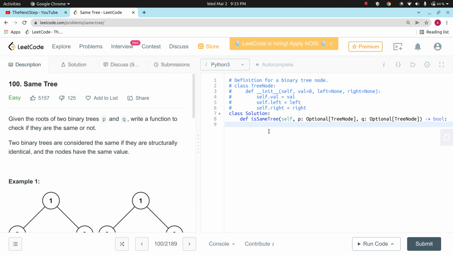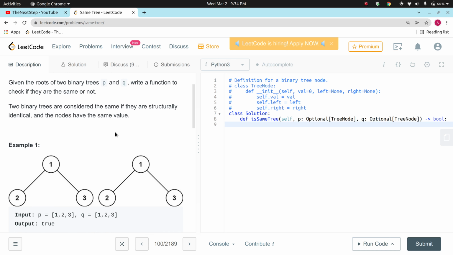We're going to talk about the same tree problem from Leetcode. So given the roots of two binary trees P and Q, we need to write a function to check if they are the same or not. And what that means is, two binary trees are considered the same if they are structurally identical and the nodes